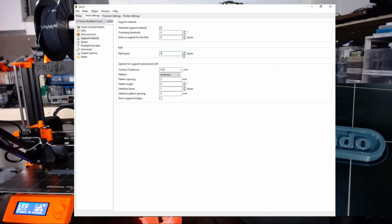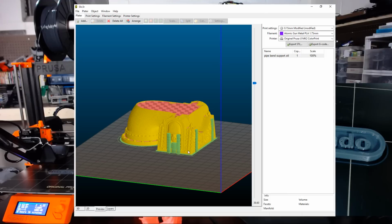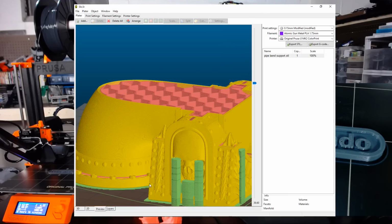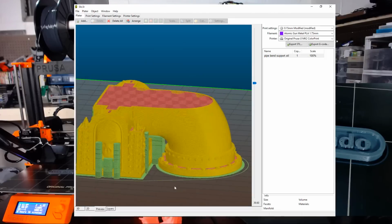And you can also do a raft there, which I had to do with a couple pieces that were really thin. And we'll show you what that looks like. Hopefully Slicer doesn't crash. Slicer and OBS don't seem to play nicely. And now you see we have green material underneath. And that's mainly for if you have...